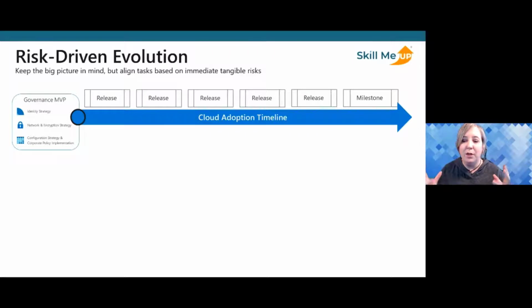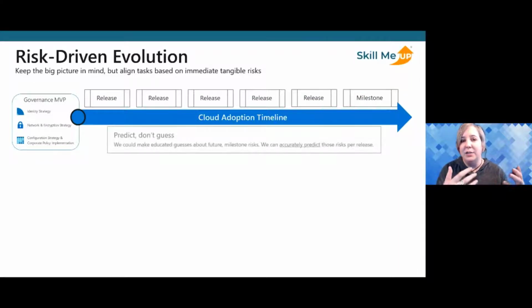So, when you think about this, you've got a number of different phases, right? A number of different releases, so to speak. You've got kind of version 1.0, version 2.0, version 3.0, et cetera. And the idea here is you continue to predict, you continue to evolve, you continue to change based upon new services, new resources, new platforms being able to be plugged into Azure.